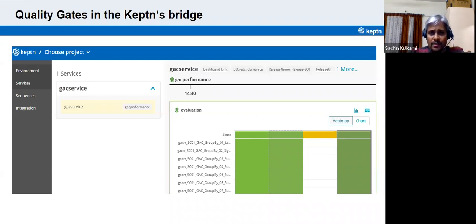So we come together, agree on the Dynatrace Keptn tags that need to be used, and we create the Keptn Quality Gates stage within the Azure DevOps pipeline. We decide the tagging, we configure the Dynatrace dashboard, we tag the services, the application services, with the Keptn tags, and then